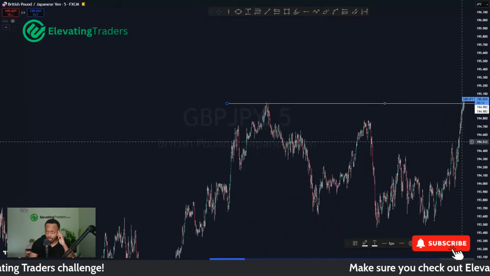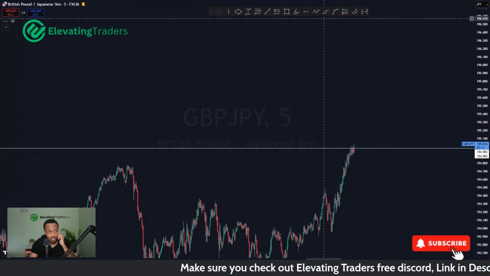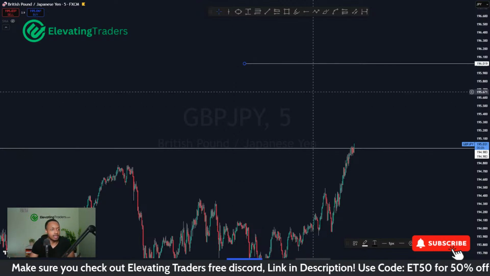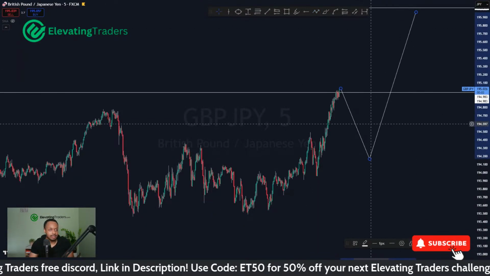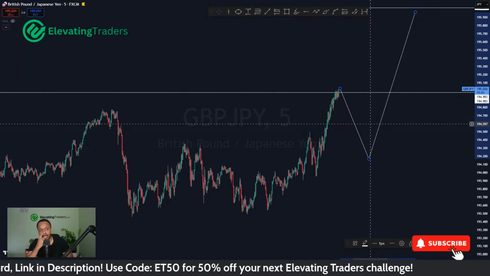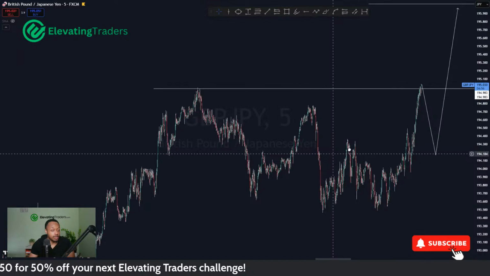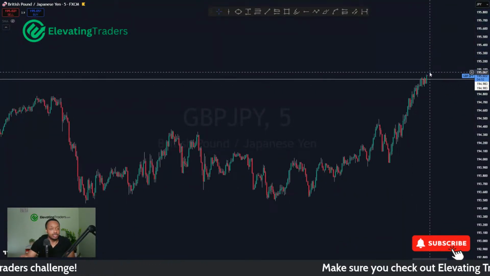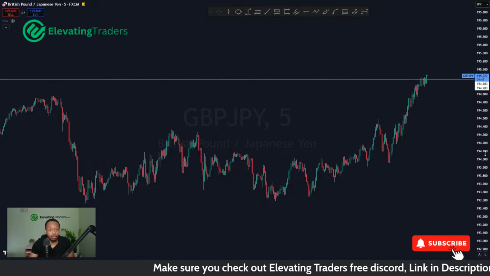I'm still pretty bullish on pound yen. I do think pound yen can at least get to 196, which is up there. Again, judging from a higher time frame perspective, we could easily go through quite a nice sell before 196. It doesn't have to be in a straight line, but I do think price can go higher. But you're definitely right, price has some solid resistance, and if we can see a decent rejection of that, that could be a nice sell for potentially an hour or maybe two.